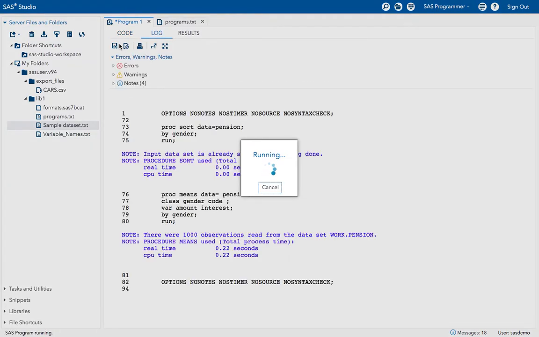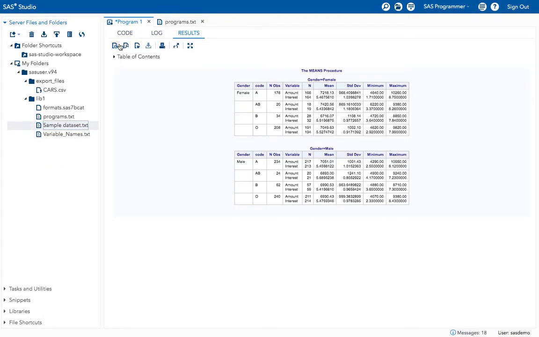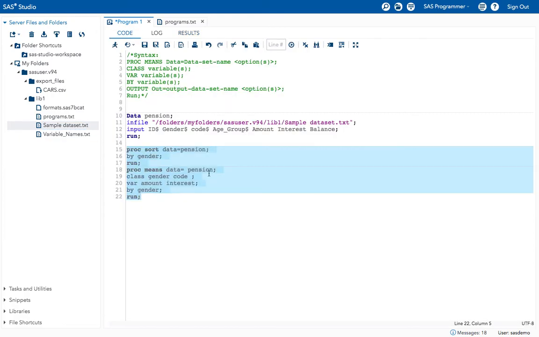This is my earlier data. Now I want to get these N observation values in descending order. That means this 208 will go first, arranged in descending order by using the ORDER equal to FREQUENCY option. Now if I execute the program,